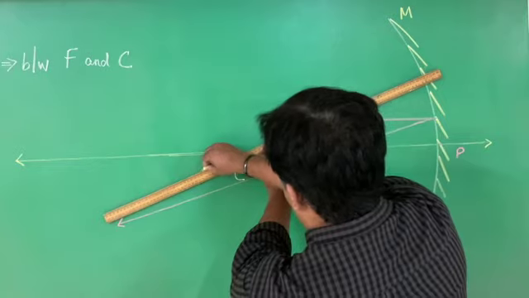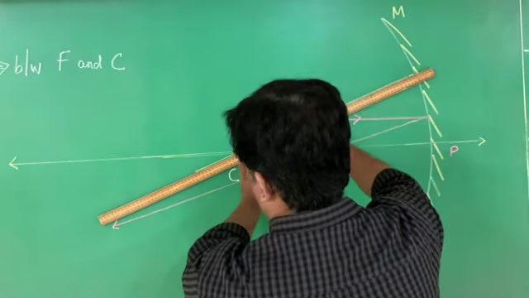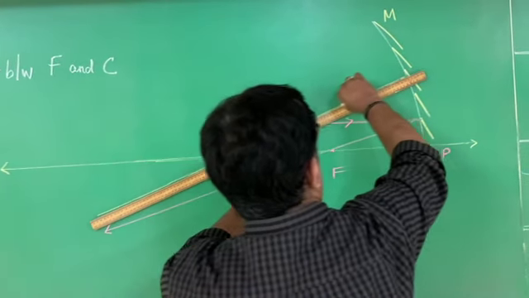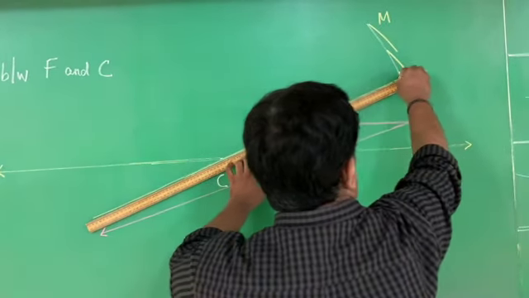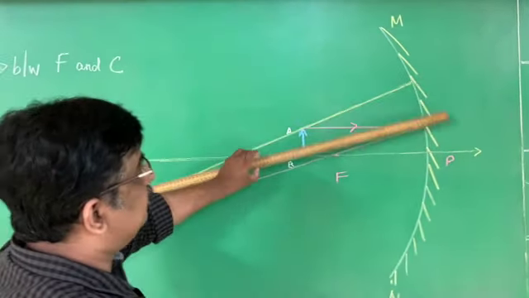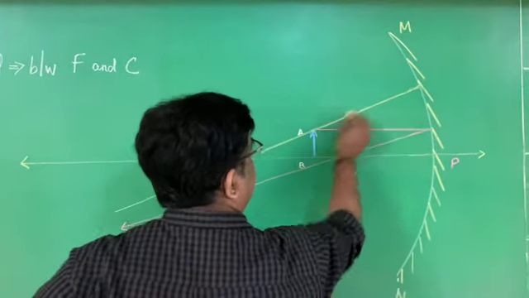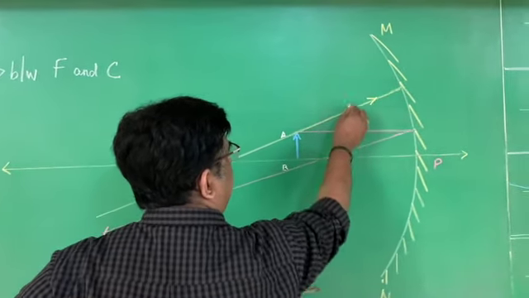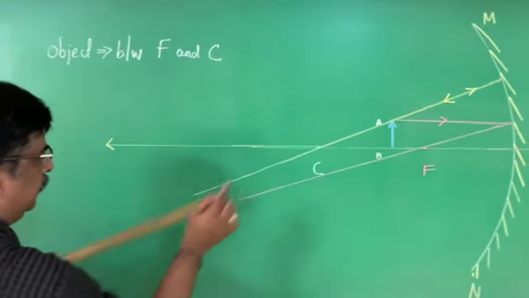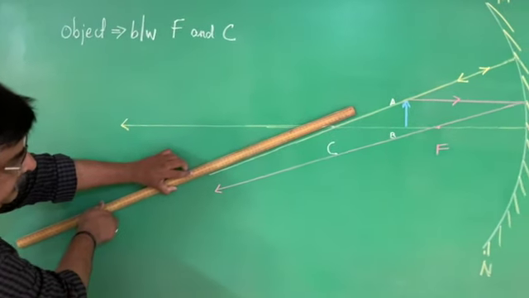If there is any ray like this, that ray goes in this direction and falls on the mirror. After falling on the mirror, it has to come out. It emerges in the same path. It goes like this and reflects in the same path like this. Now we have to extend it because it is not meeting. Therefore, we have to extend this.